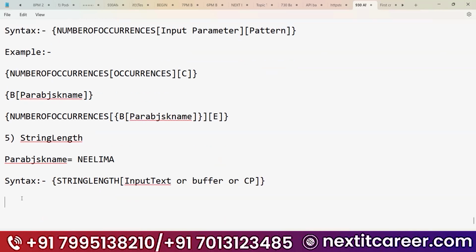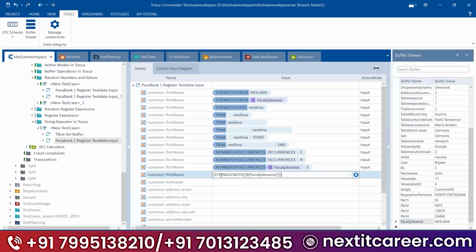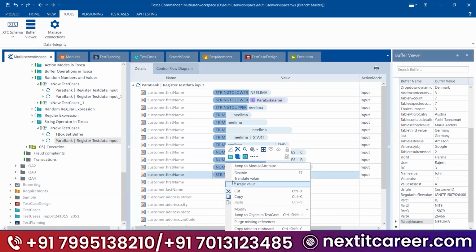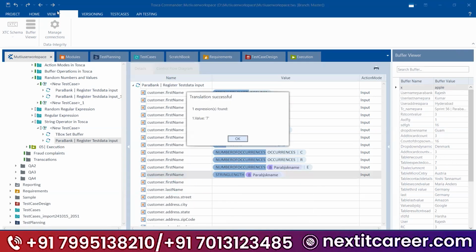Now use curly bracket, string length, close the bracket, and close curly bracket, capital B, close the bracket and close curly bracket. And this is the buffer name. Just cut it and paste it inside. Right click and translate the value.